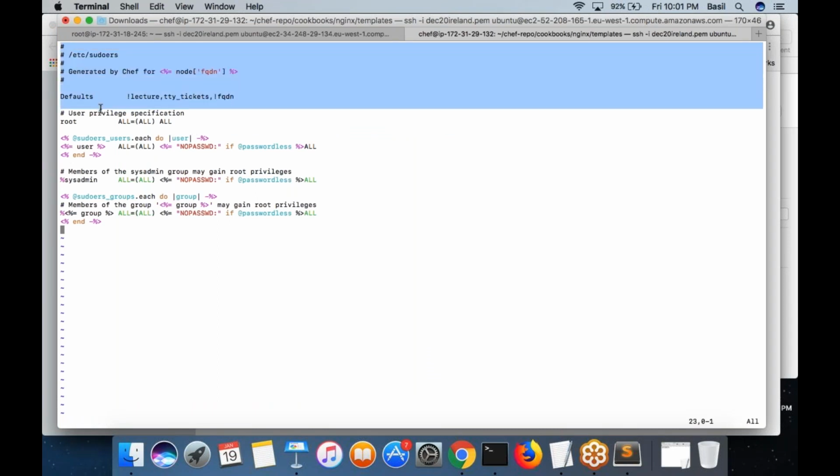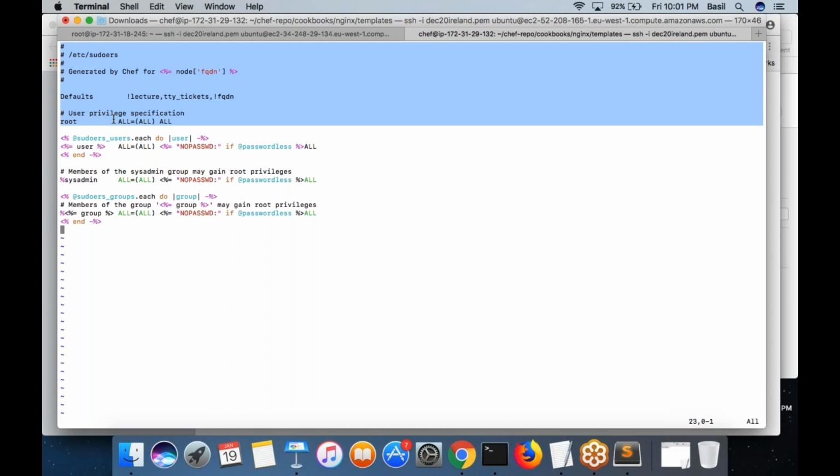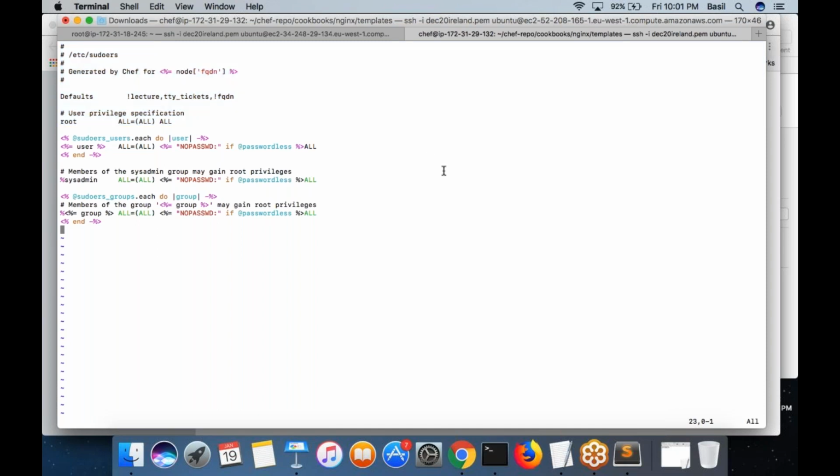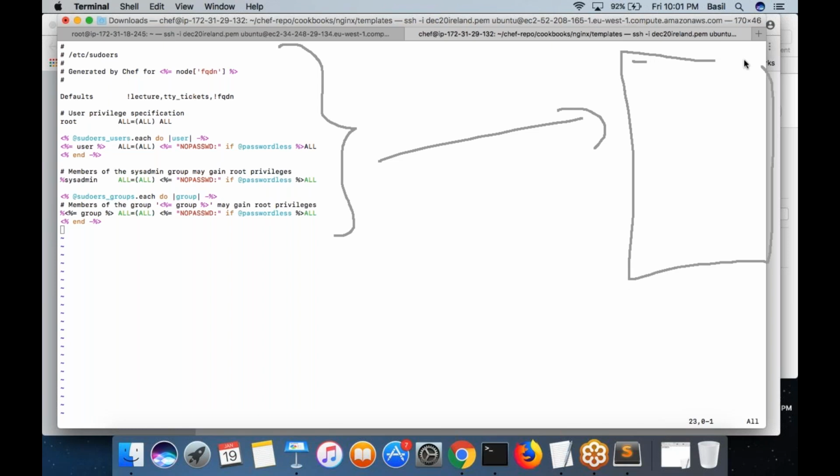Whatever you write down like this, it would automatically be copied in the file. Basically, this is a template. This is not the actual file. This is just a template using which the actual file will be generated. So when this actual file is going to be generated, this line will be as it is. Whatever you put like this, over here it will change.